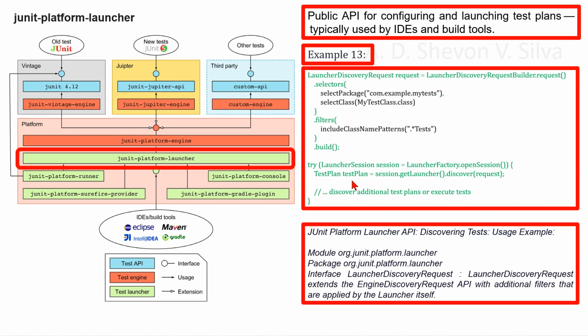The resulting test plan is a hierarchical read-only description of all engines, classes and test methods that fit the LauncherDiscoveryRequest. The client can traverse the tree, retrieve details about the node, and get a link to the original source like class, method, or file position. Every node in the test plan has a unique ID that can be used to invoke a particular test or a group of tests. Clients can register one or more LauncherDiscoveryListener